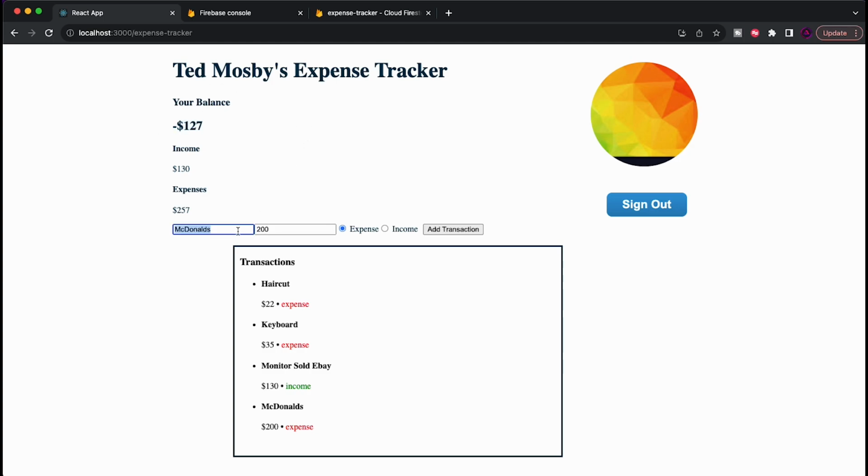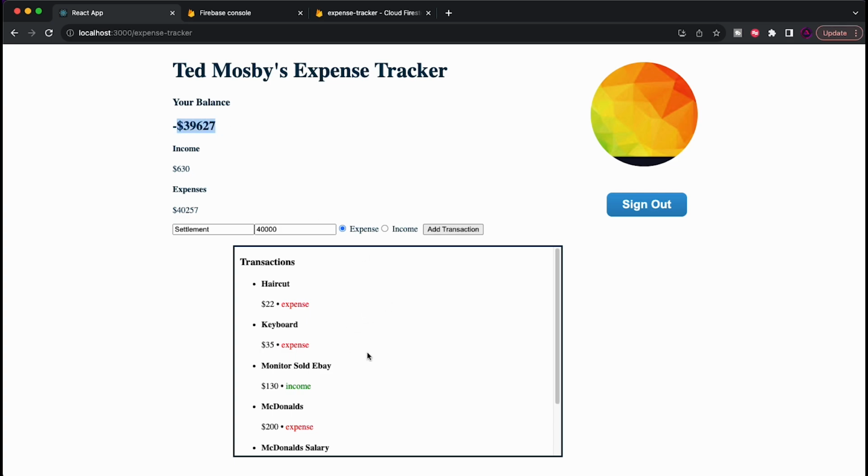I can also, for some reason, work at McDonald's. So I'll put McDonald's salary and I'll earn something that will make this positive, $500. Change this to income and you'll see that now it is positive. If I were to, I don't know, let's pretend I got sued and I have to pay a settlement of, I don't know, an absurd amount, right? Now it's an expense. Let's add this. And yeah, I'm negative